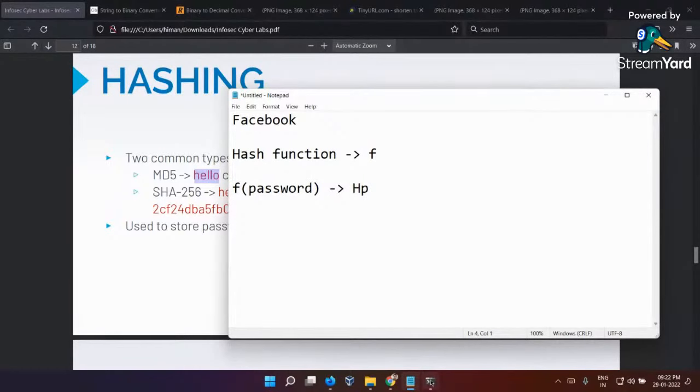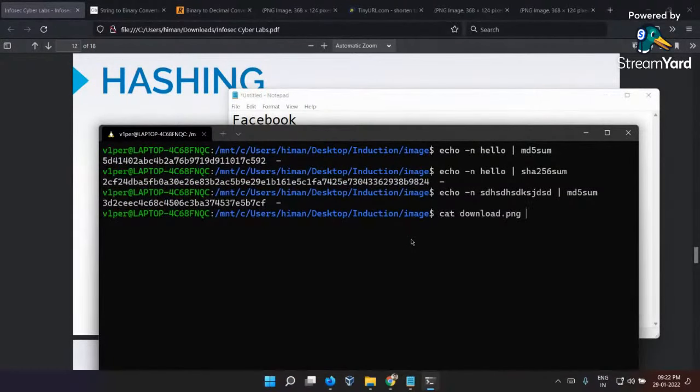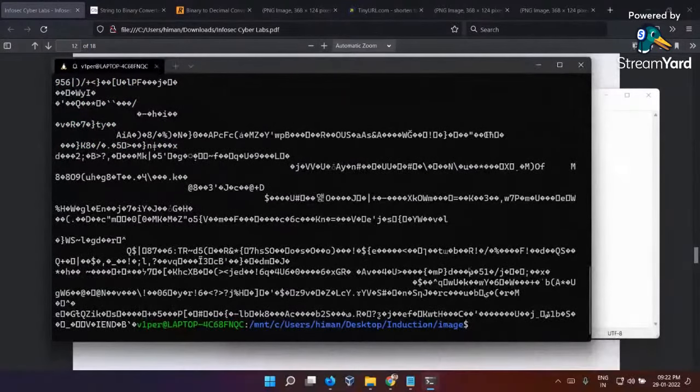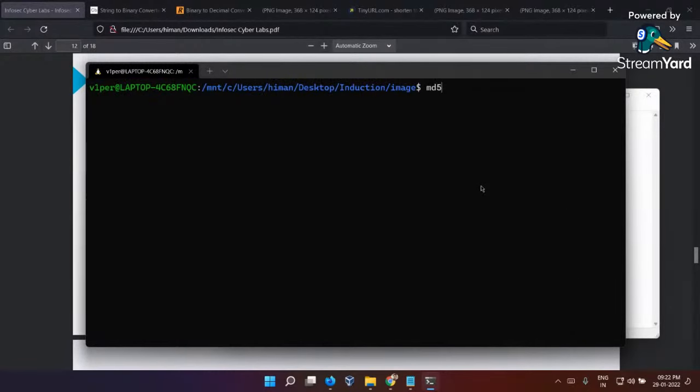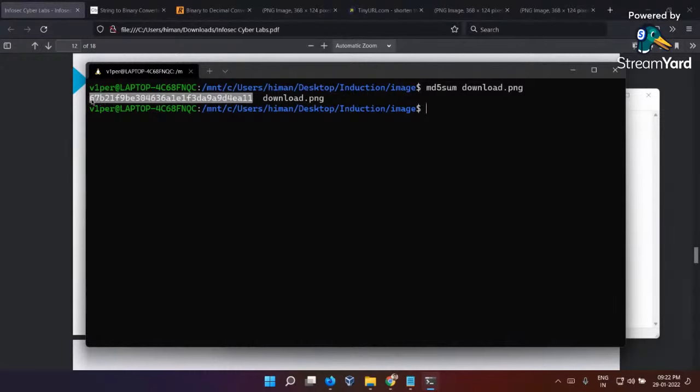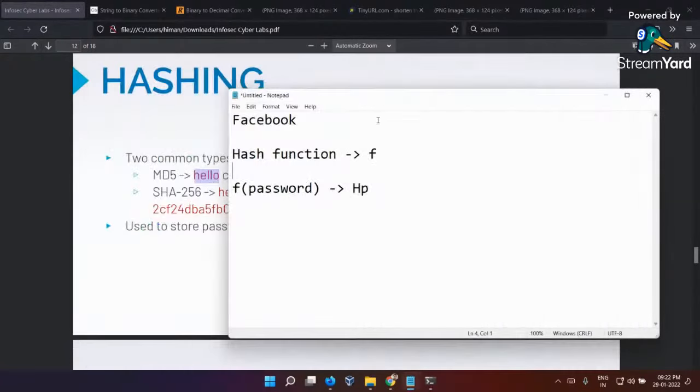Similarly, as we just saw while catting this image file, what is an image? What is a file? It is just a collection of bytes. So you can convert the file to a hash as well. Like if I do md5sum download.png, this is basically the hash of my file. So how can it be used to